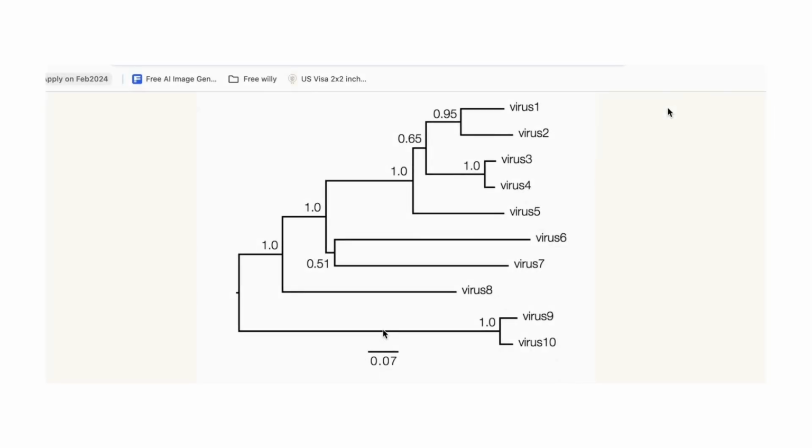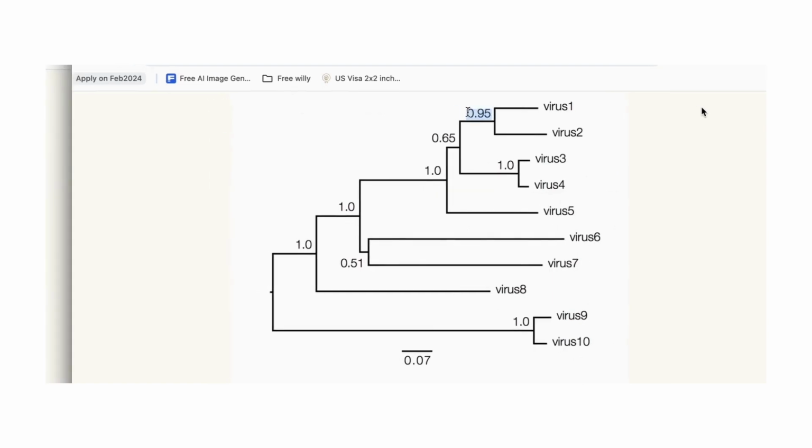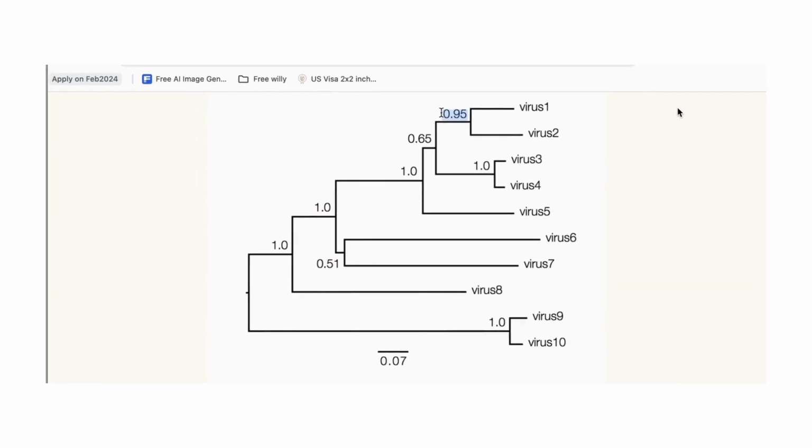Quick look at what data is usually shown in a tree. The trees we looked at before did not have these distance values, so let's have a quick look at what those values actually mean. The horizontal lines are branches and represent evolutionary lineages over time. And this is interesting